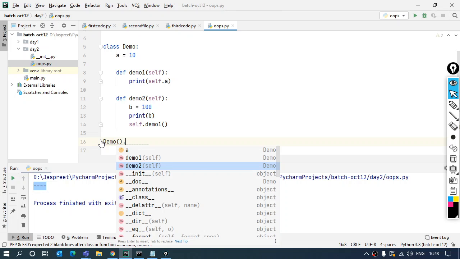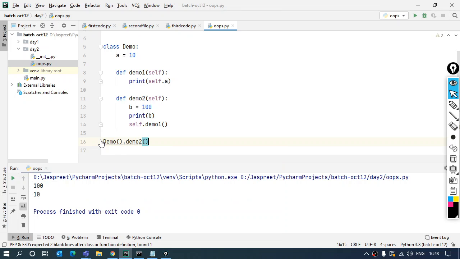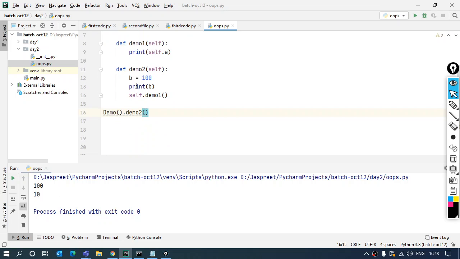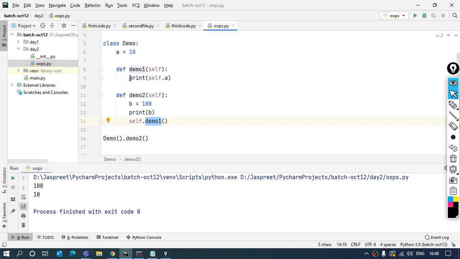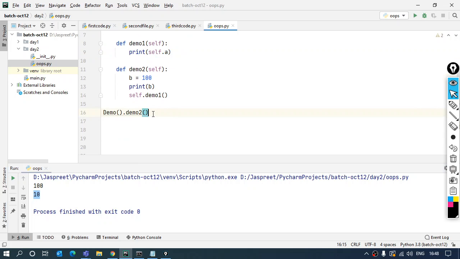I want to call demo2, so I'll call demo2. This is what I get. I get the value of the b variable as well, and I also called the demo function inside demo2, so for that also I'm getting the value of whatever was given inside the function. This way I can work with it, and this is the need of creating an object.